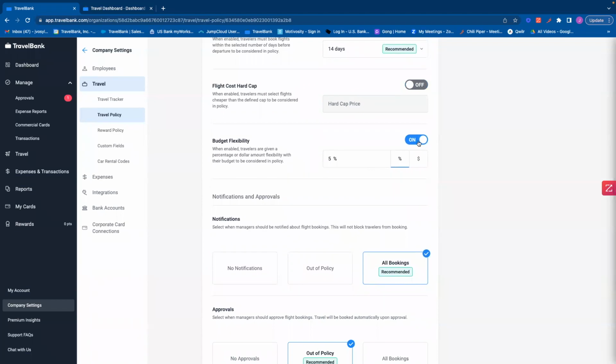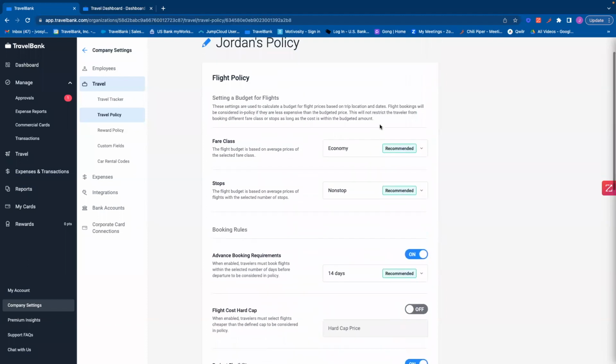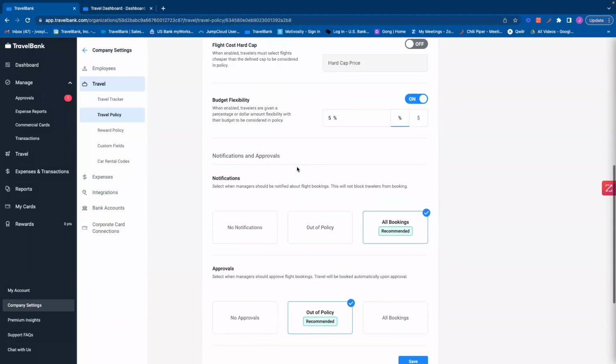Last but certainly not least, you can give some budget flexibility to your employees. So if you don't want every single employee to be sending an approval request just for a few dollars, you can allow for some budget flexibility over and above this budget that our system will calculate. You can set that by dollar value or by percentage value, or turn it off entirely if you'd like a